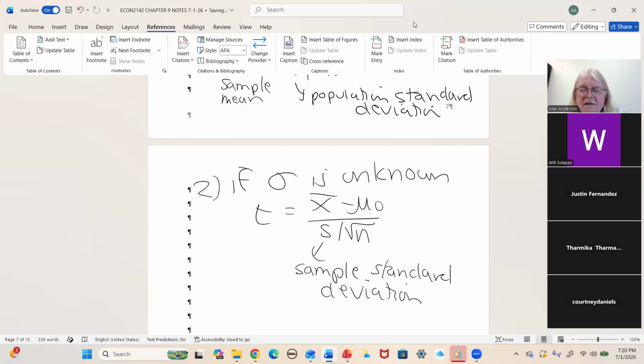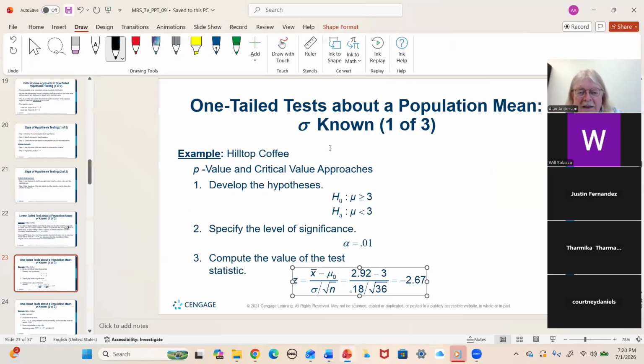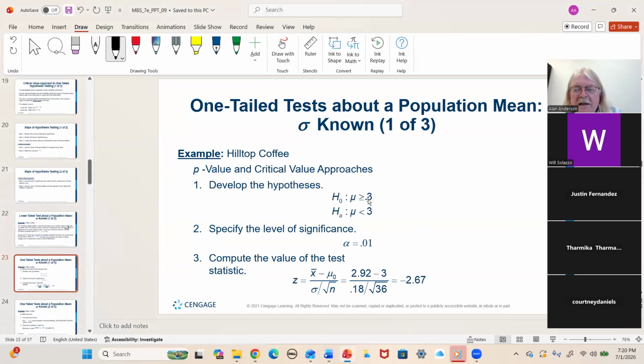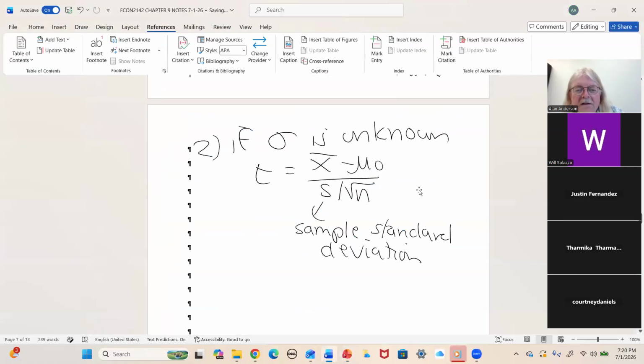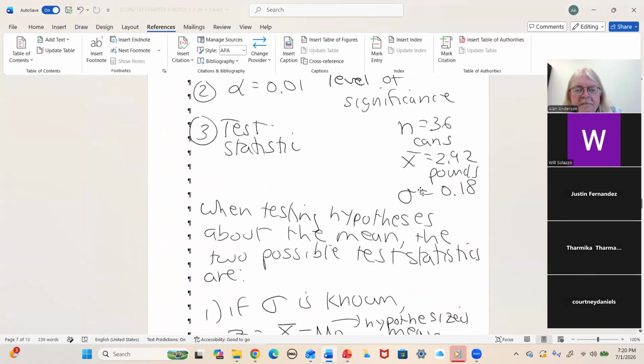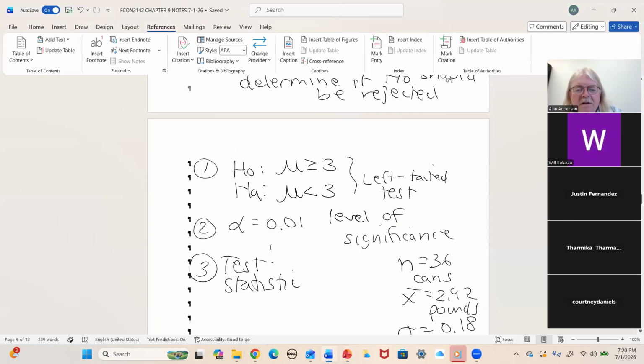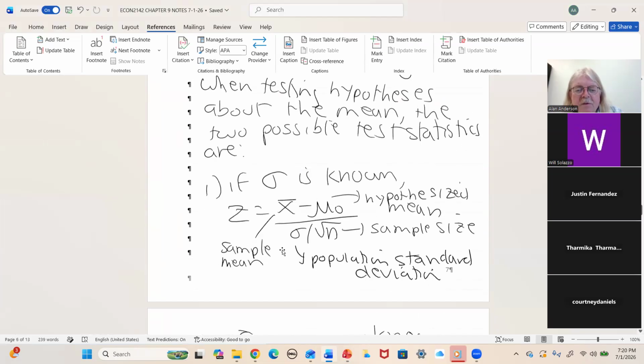The one that is consistent with the data that we have. Now here, because the problem gives us sigma, they are using the correct one. But like I said, I didn't see anywhere where they gave it to us. So the test statistic we choose will be